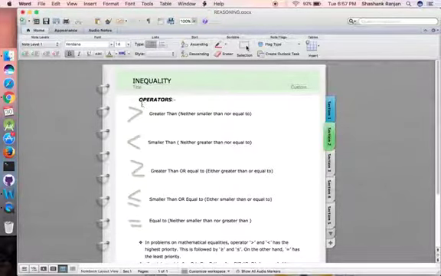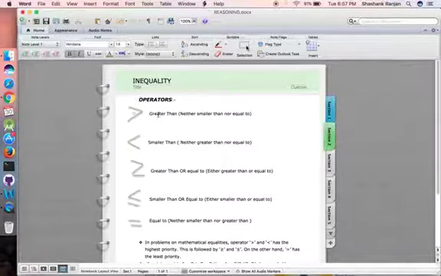There are five operators used in this type of question: greater than, smaller than, greater than or equal to, smaller than or equal to, and finally equal to. In many questions in the examination, instead of giving you greater than,